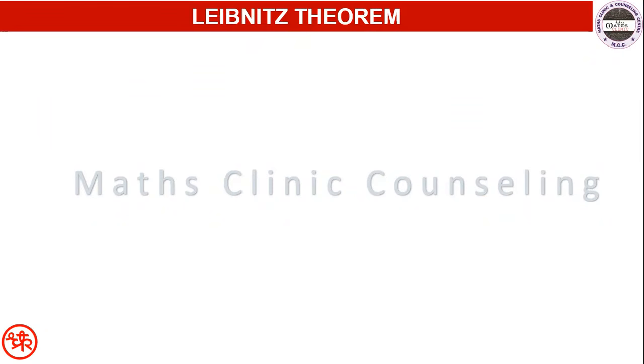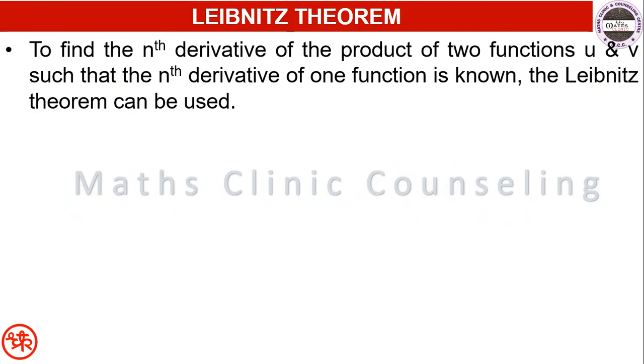So now for nth differentiation there is a Leibniz theorem. So to find the nth derivative of the product of two functions u and v such that the nth derivative of one function is known, the Leibniz theorem can be used. Is that clear? So now, what is the Leibniz theorem here? The statement of Leibniz theorem is